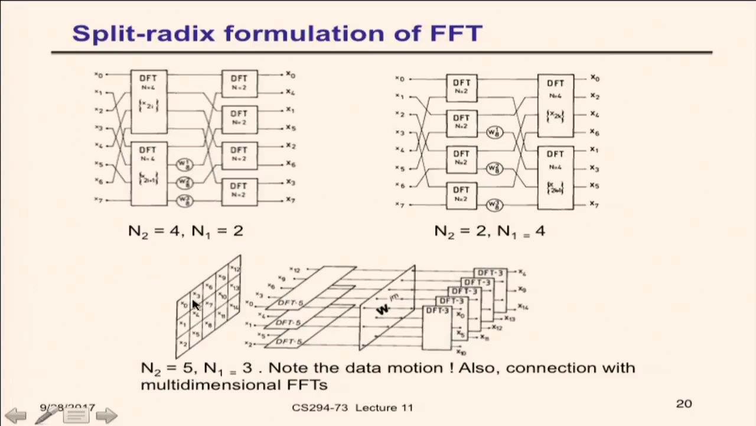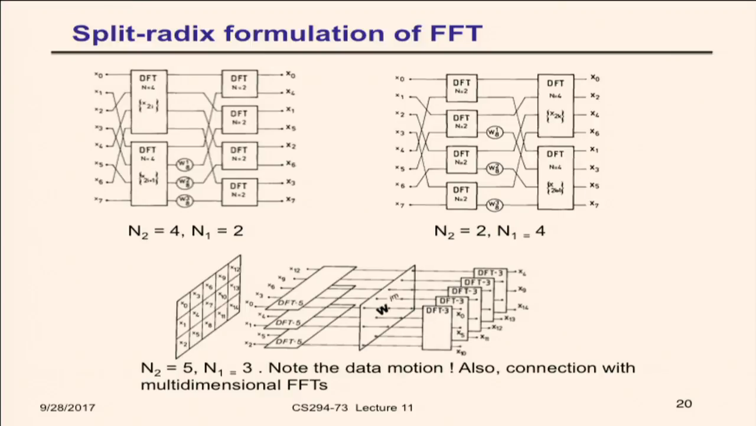So let's say we have stored our input data as a matrix of n1 rows and n2 columns. Furthermore, we store it in column major order. That is 0, 1, 2, 3, 4, 5, 6, 7, 8 this way. If you apply the split radix algorithm, here's what it looks like: you sample